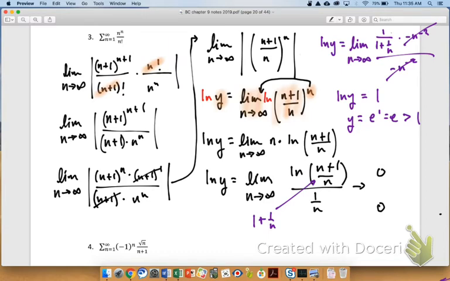Oh, you can just say that on the interval from 1 to infinity, n to the n is greater than or equal to